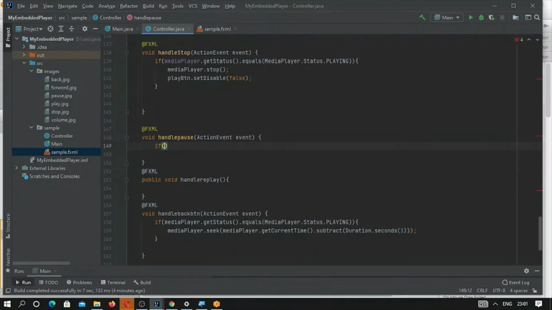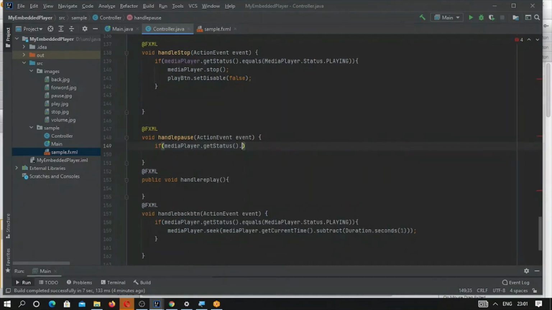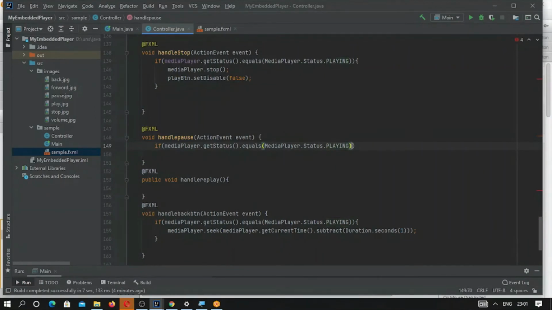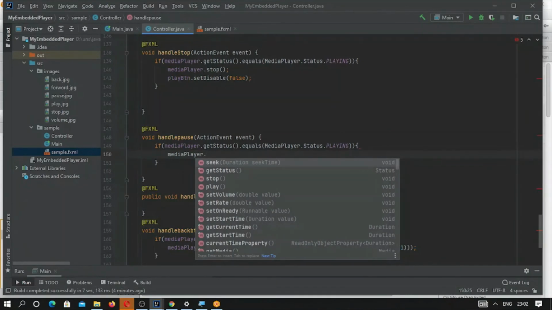It is better to check first all the conditions required for acquiring the status. If it is playing, in that case first the media player needs to be paused.